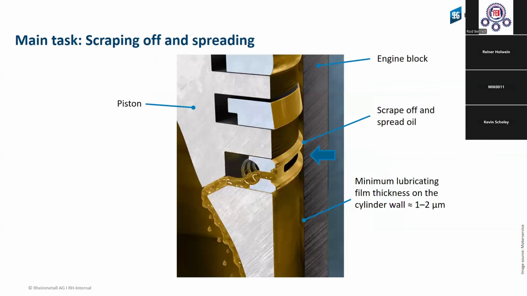In the next slide, you see the scrubbing of the oil from the cylinder liner. That means in this case we must scrape the oil from the surface. The spray nozzle, when we have a cooling channel, or all the oil that is sprayed from the crankshaft to the surface of the cylinder bore, we must scrape it down with the scraper ring, and we must have around 1 to 2 microns of oil on the surface and not more, because we also need a small